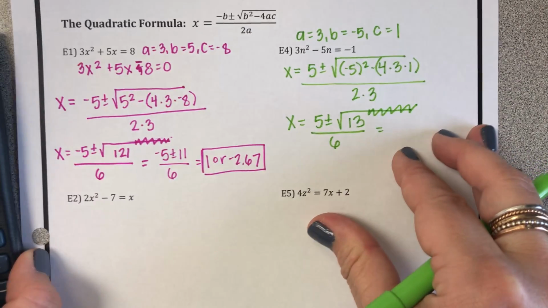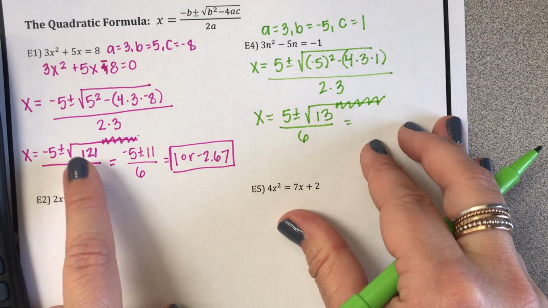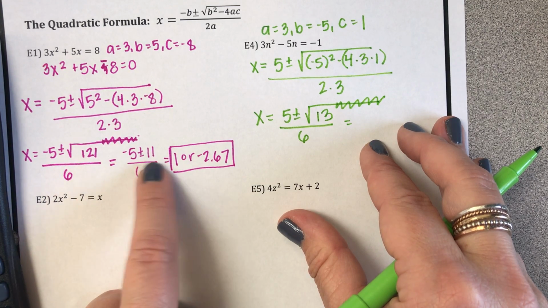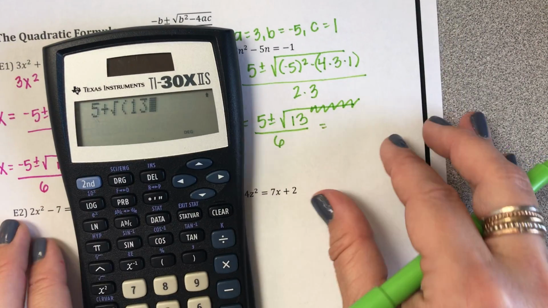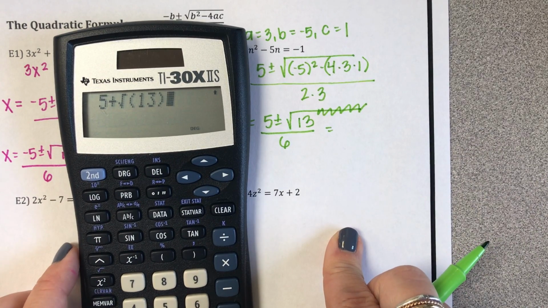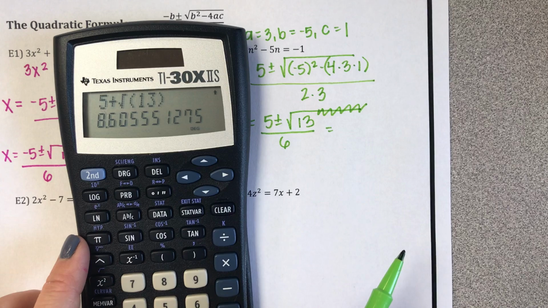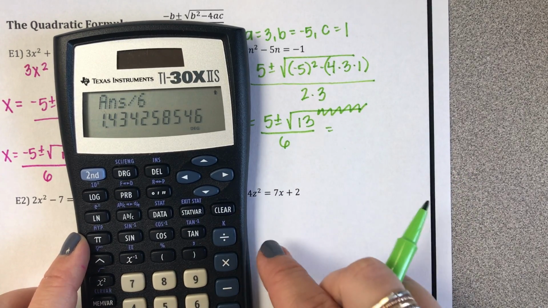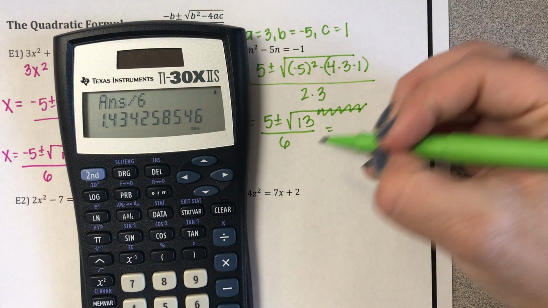So you're like, why did you do it different than last time? I knew the square root of 121 was 11, so that's why I wrote it out like that. I don't know the square root of 13, so I'm just going to include it like this. So 5 plus the square root of 13, I'm hitting enter to do that first, and then divided by 6, and I got 1.43,